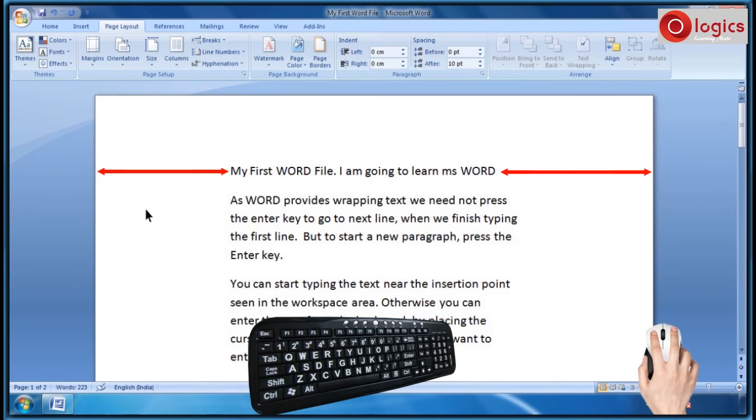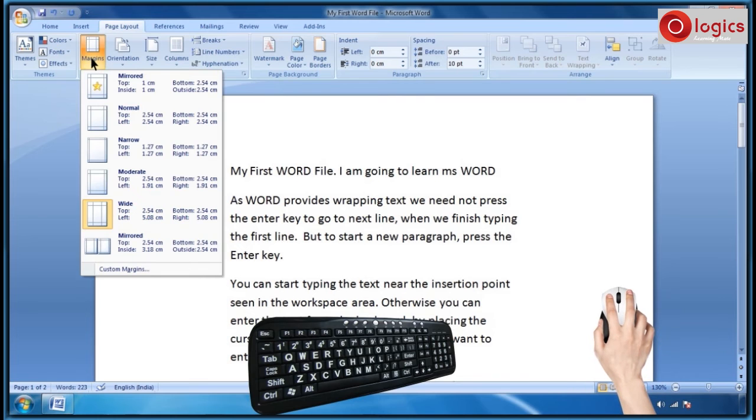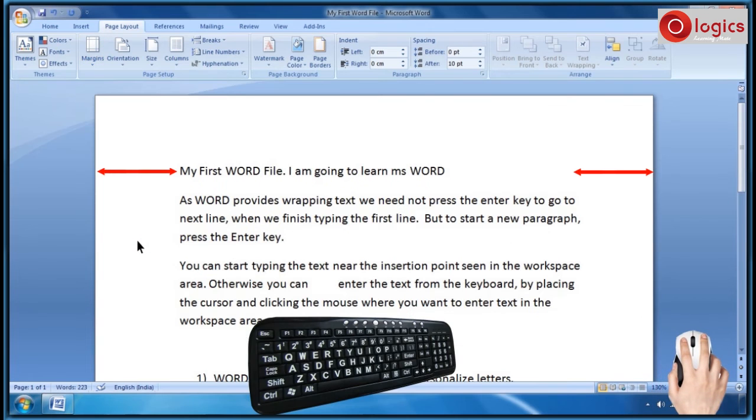It is showing clearly left and right margins are very wide. Depending on your requirement, you can use all these margins.